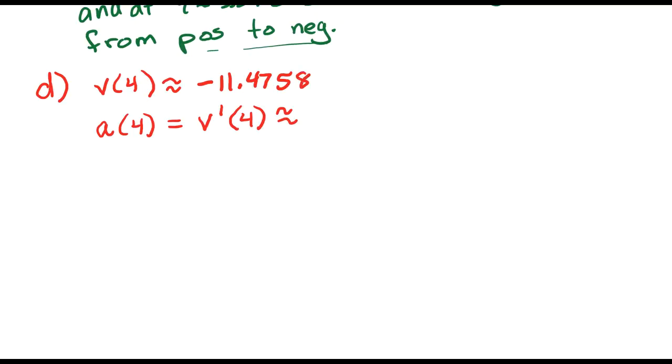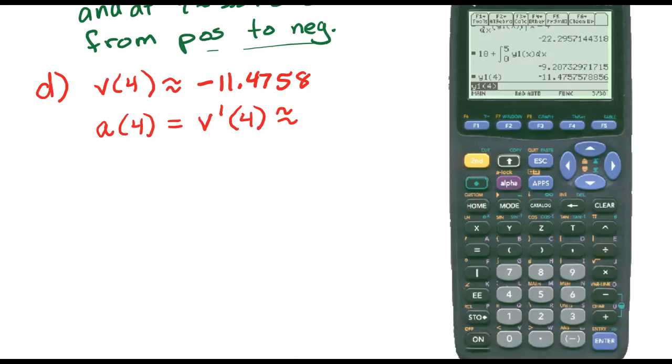And then back to my calculator. How can I do the derivative in the home screen right away? I could do this in one step. I could get my derivative symbol, derivative of y1 of x with respect to x,